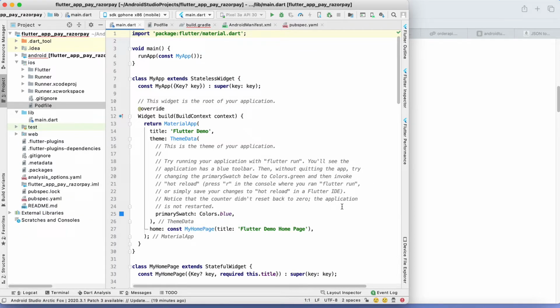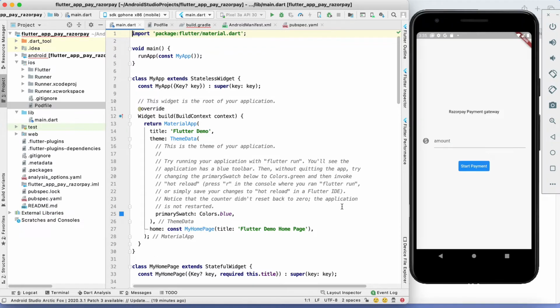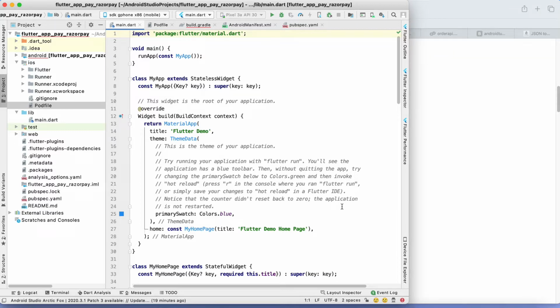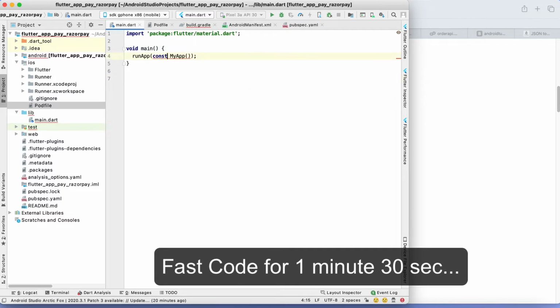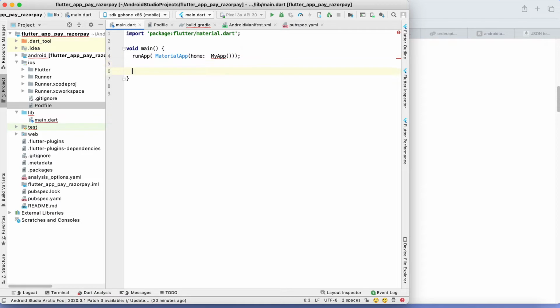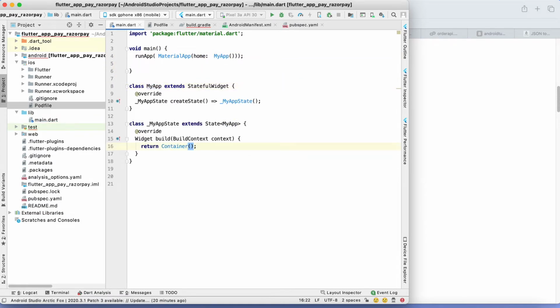Now what I am going to do is create one simple page where I will use one text box and one submit button. In the text box I will write the amount, 10 rupees, 20 rupees, whatever amount I want to pay. So quickly I am going to create one form. Remove all these things, and this will be inside the MaterialApp home. I'm going to make a stateful widget, MyApp. That's good, and it should be a Scaffold, and the body will be a SafeArea, and in its child...